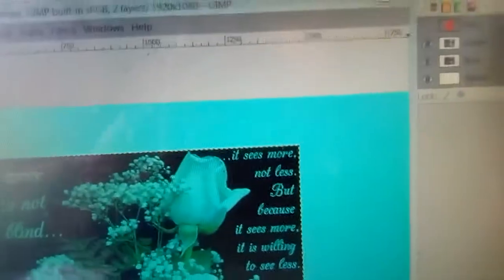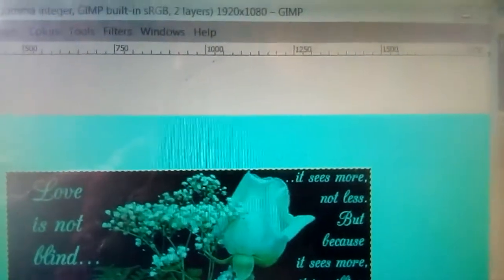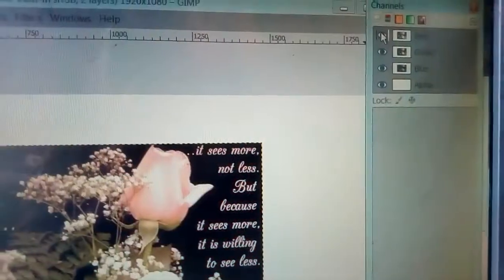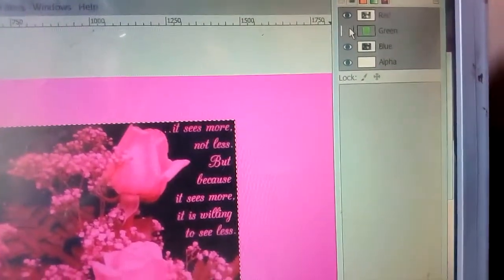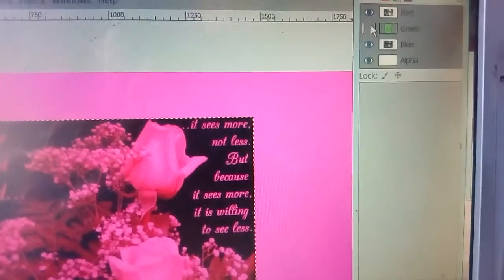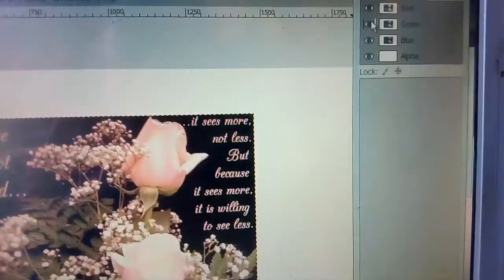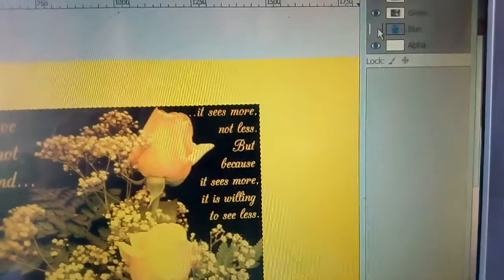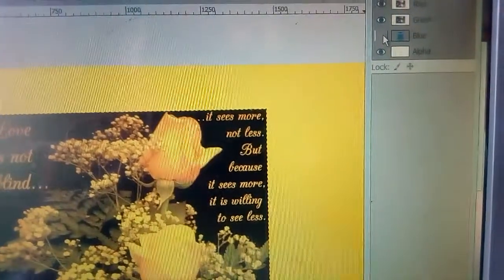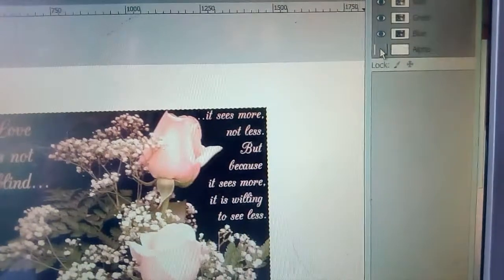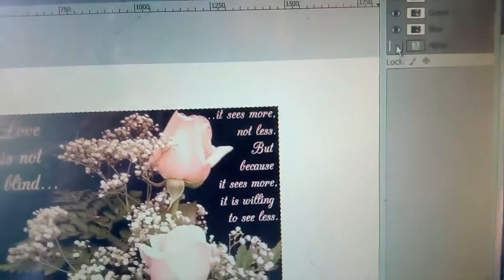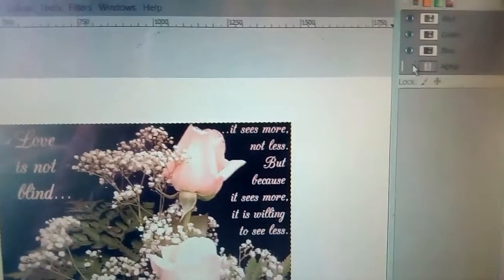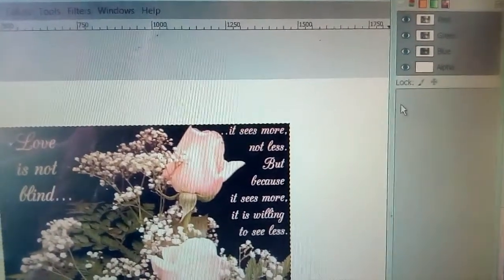Similarly, if you click on the green color, then also first you activate this eye symbol and then you do that for green. Here you can see the effect of the green color on the image. Now again I am clicking over here, eye symbol is activated, now blue. Okay, you can see the effect. Again I am clicking here and then alpha. Okay, this is alpha, so that is black and white. Okay, so this is the way how you do that.